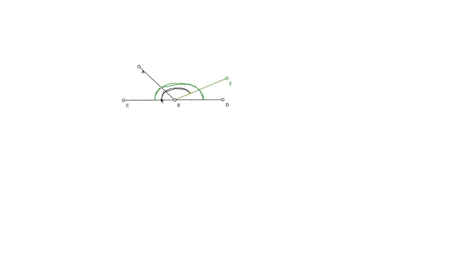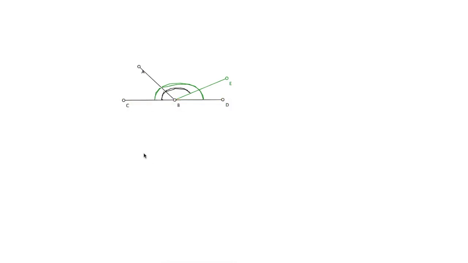Those black angles cannot be equal to two right angles, because the larger angles, that is the green angles, are already equal to two right angles, and we know that the black angles together are actually smaller. So those have to be equal to less than two right angles. So CBE is not a straight line. And the only line which is straight is